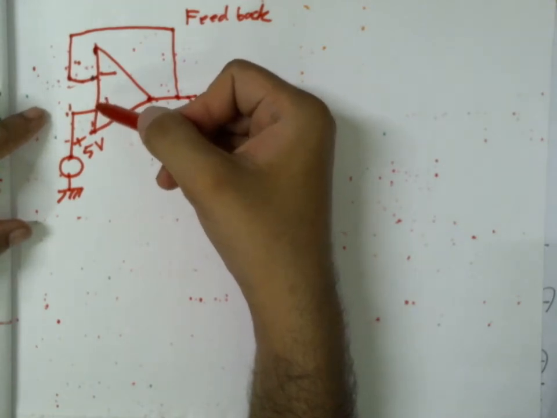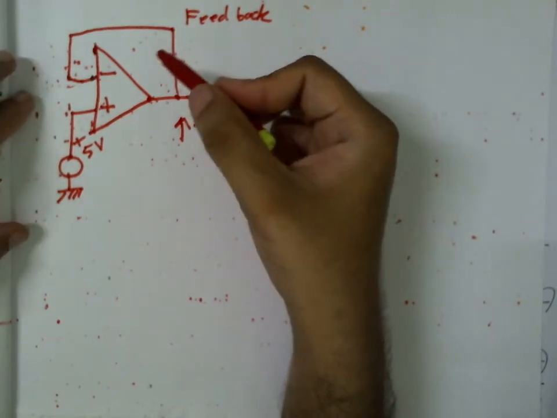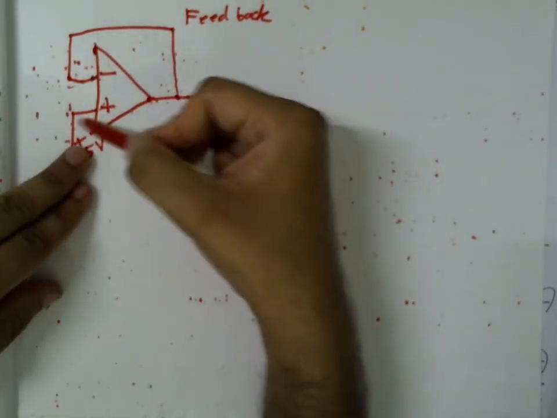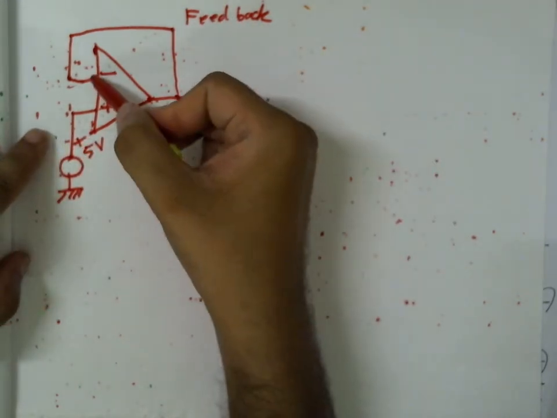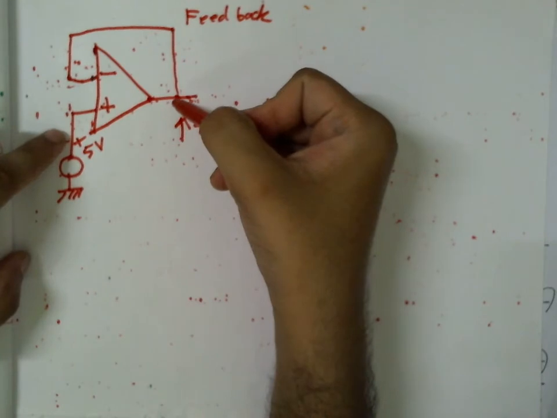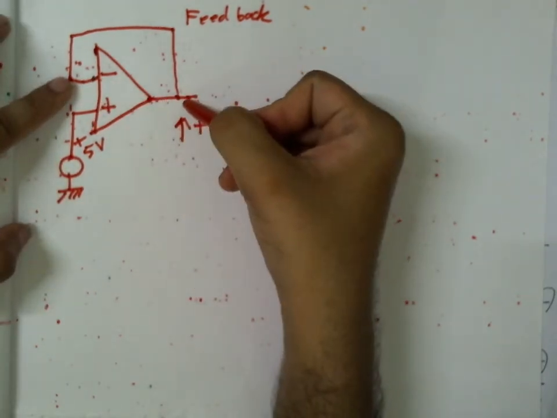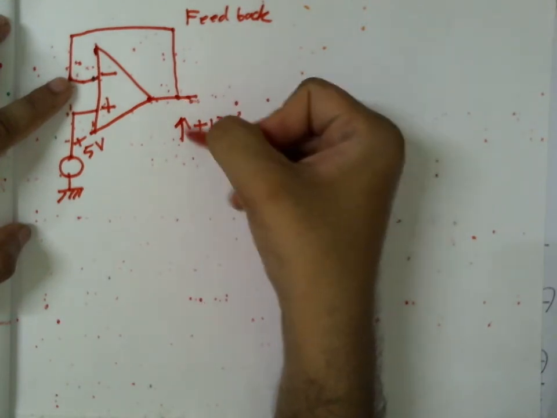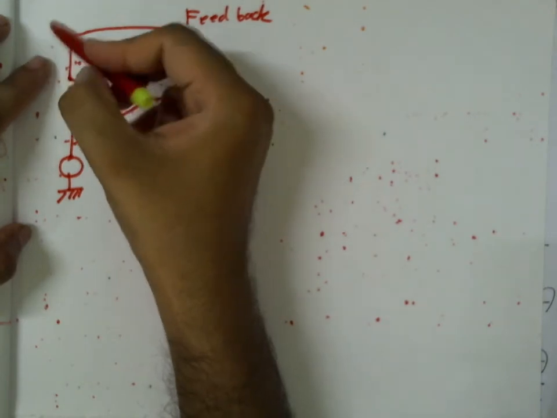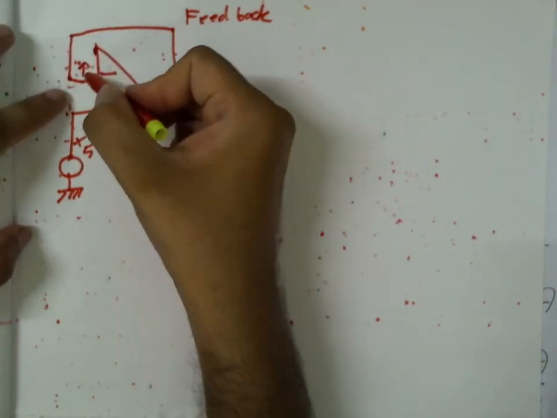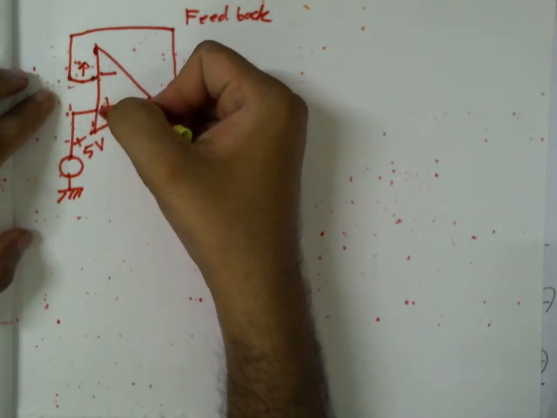Let me reiterate. Let me start with the assumption that all the voltages are initially 0. I suddenly connect a plus 5 volt here, then this is still 0. If this is 0, this is plus 5 volt, then the output will try to go towards the extreme positive value. So the output is increasing, therefore this voltage V negative is also increasing, and so what happens, the gap between V plus and V minus reduces,